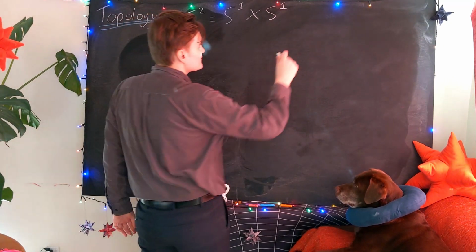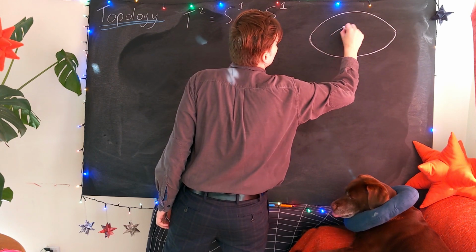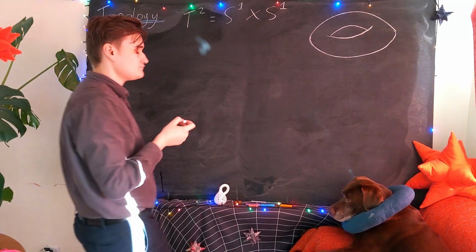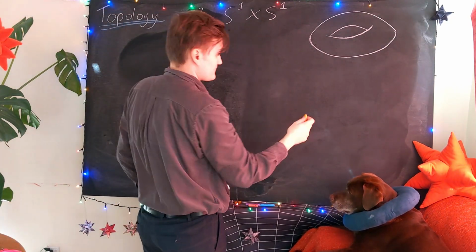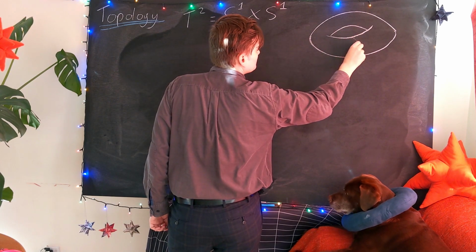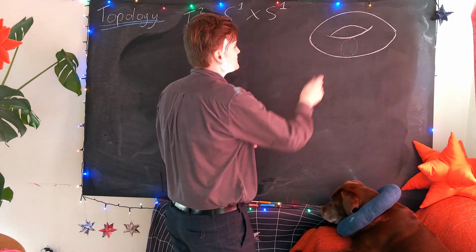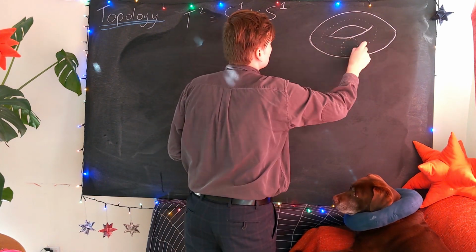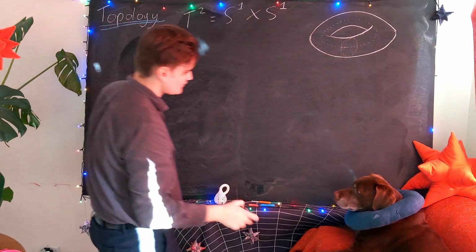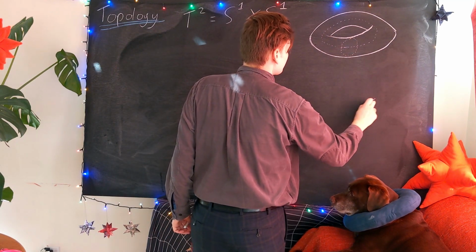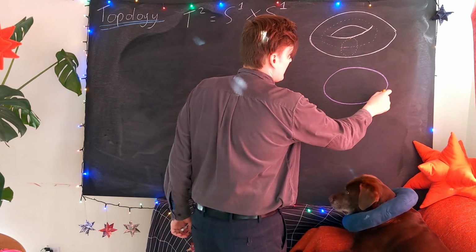So if we just remember what the torus looks like, it's this donut-shaped object. And now if I just draw on this figure these two circles, we're going to have one circle which will be the cross-section of the torus, and then a second circle which kind of runs around the long part of the torus. So if I just draw these again now separately, we have one circle like that, and then the second circle,